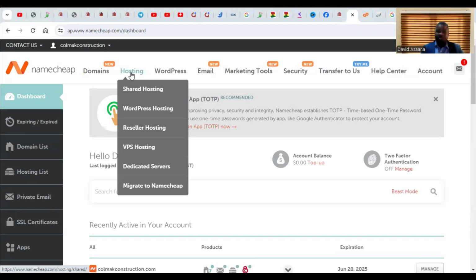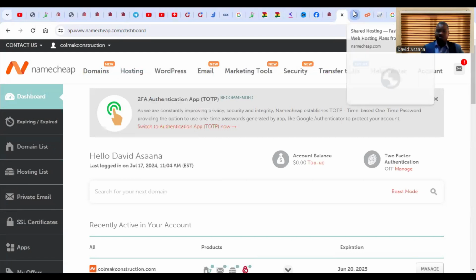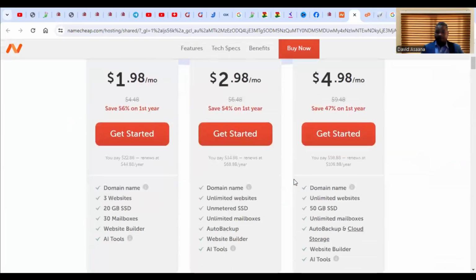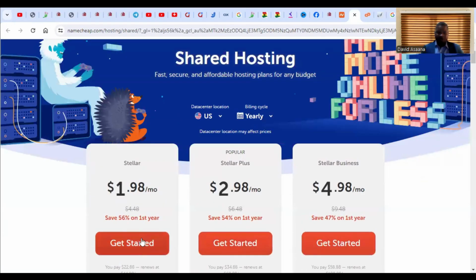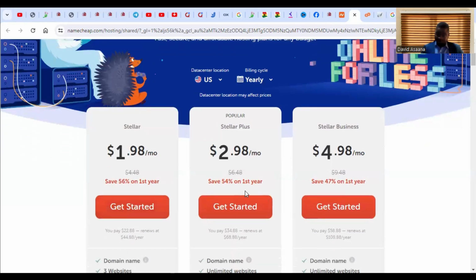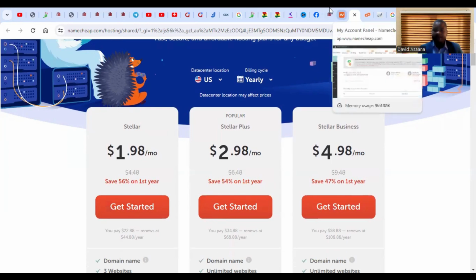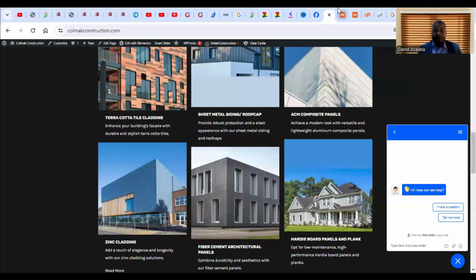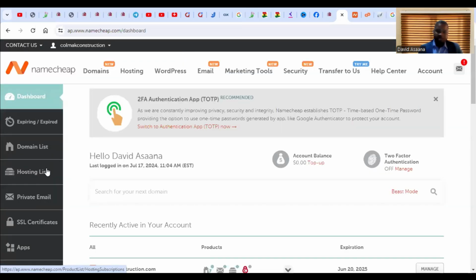For example, if you're going to buy a hosting for WordPress, you just come and then click on shared hosting. Then you see these are the packages. You can choose the one you want. Let's say you choose this or you choose this one. When you click on get started, they will ask you to add a domain name. If you don't have a domain name, then you will add a domain name and then you'll be able to buy your domain name. After you've done that and made payment for it,